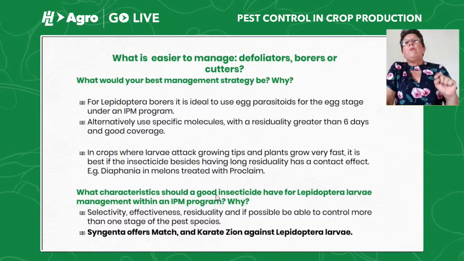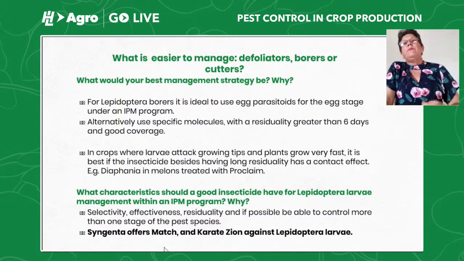It's very useful, but it has to be used under integrated pest management. Otherwise, if you use any type of pesticide and you don't take care of your natural enemies, you're not doing much. Alternatively, you can use specific molecules with a residuality greater than 6 days and good coverage. That's what I was saying about getting rid of the egg stage if you have very good coverage and